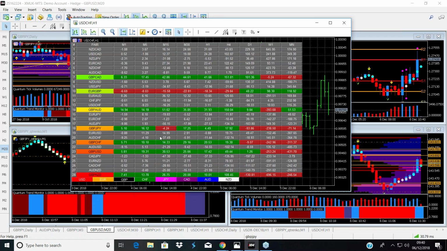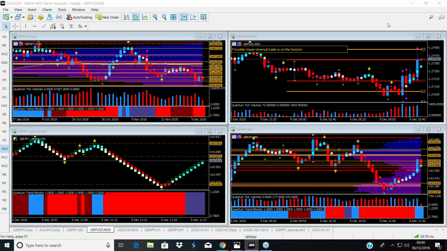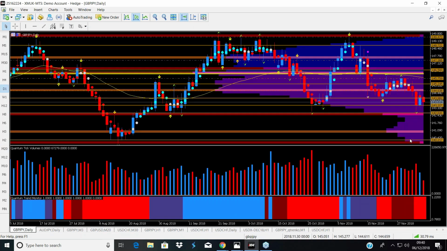The other way you use an indicator, such as the heat map, is we can see on the daily chart, if I just expand the daily chart, since the break away from the volume point of control at 146.52, it's been fairly bearish. Now, I know yesterday we had this pullback, we had this nice up candle. Volume wasn't fantastic underneath it. We can see here we have to compare the volume on other candles in this pair to try and make a judgment of whether that